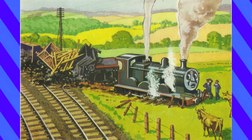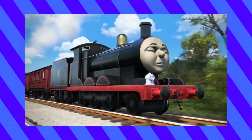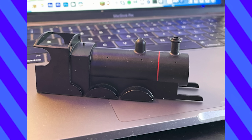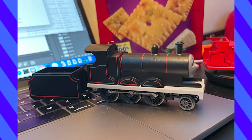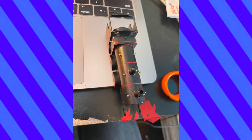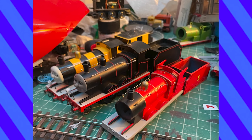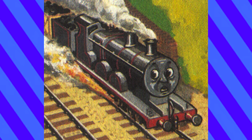And it just so happened to be a bonus that I didn't have to paint his dome. My thought process was, the more contrast between his two looks, the better. And no backlining, no thank you. With the vinyl supplied by the train modeler, I actually didn't do any masking. I was really careful with the handrails. I didn't want a repeat of what happened last time. Black James was then able to borrow some parts from his red counterpart since they'd never be seen on screen together. I opted for no number as, again, the books, and then